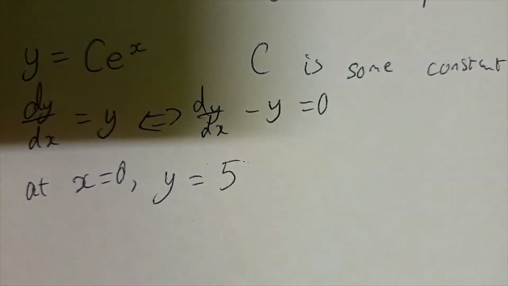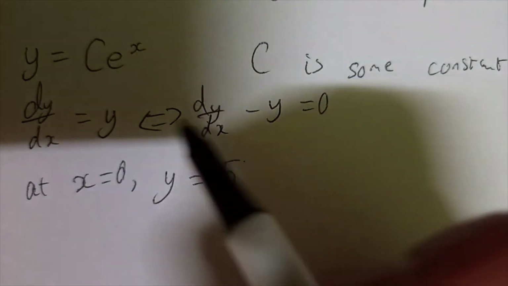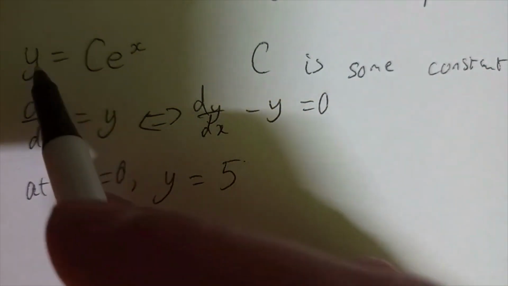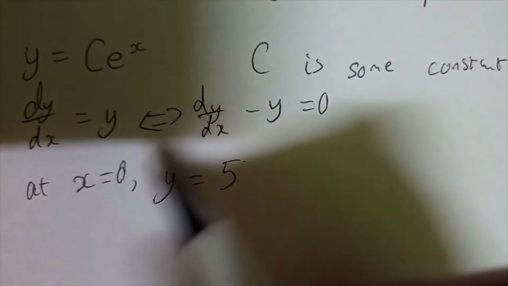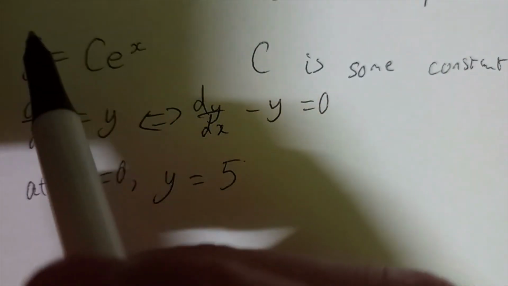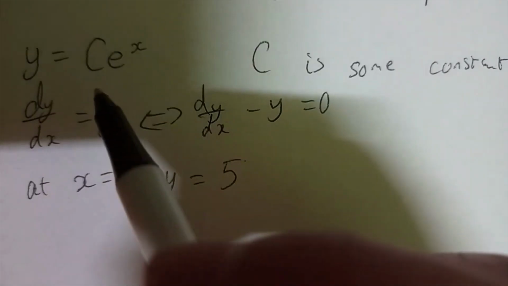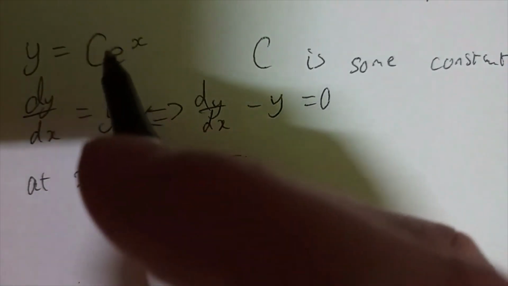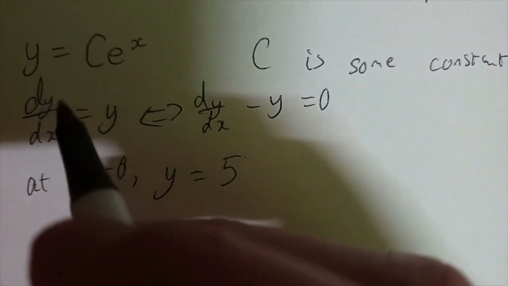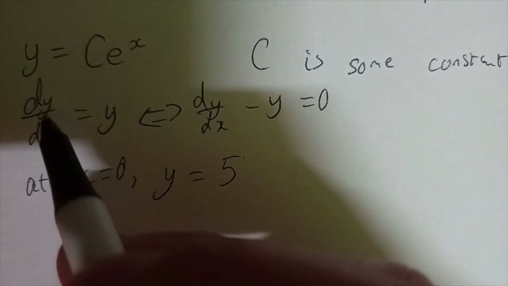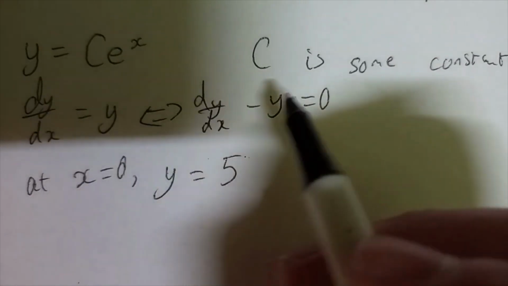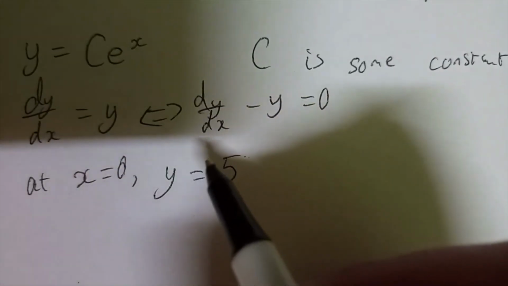Then we can not only get this general solution to this differential equation, but if we have this condition, we can actually find out what this unknown constant is. And then we'll have some precise solution to this initial value problem involving both the differential equation and the initial